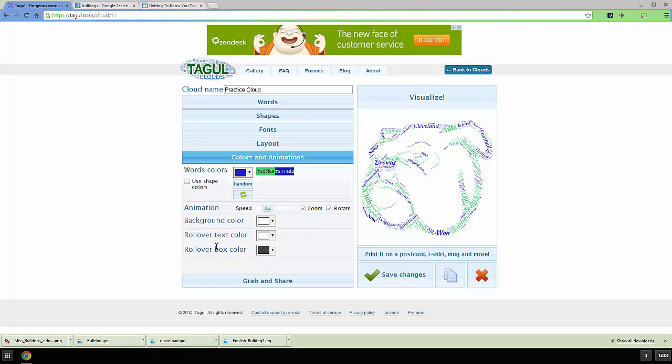Everything below animation is not for what we're doing in class, so you should just pay attention to the colors for this one. And again, color will sometimes make your image look a lot better. So good luck choosing great colors and fonts and